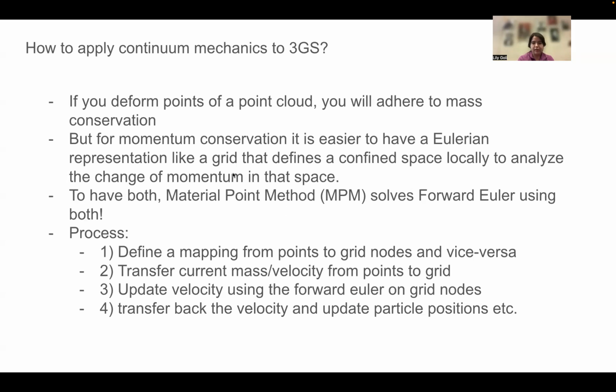So we don't have the grid in the 3DGS, but you have the particles. This MPM model tries to solve this by using both the grid and the points. And the process consists of 4 steps. So you first have to define a mapping from the points to the grid nodes and vice versa. This mapping is done using an interpolation kernel. And then at the second step, you can just transfer the current mass and velocity